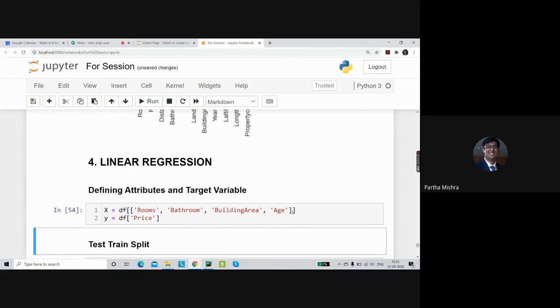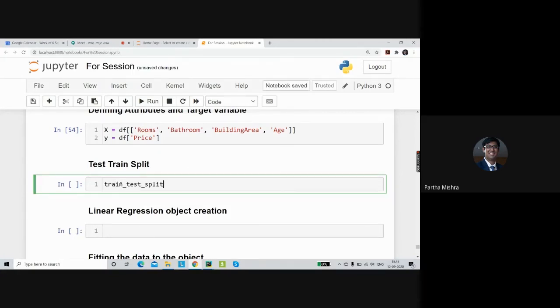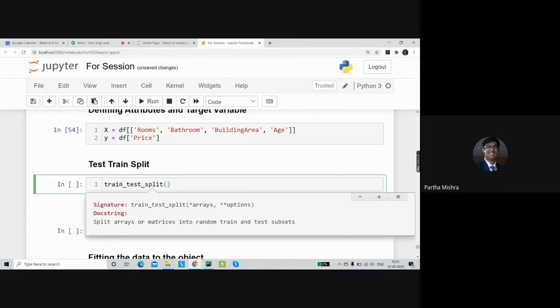Now that X and Y are defined, we need to break the data into test and train. For this, there's a small shortcut that I would like to share. If we go for train_test_split that we have imported, and simply press shift tab, it will give you the documentation.